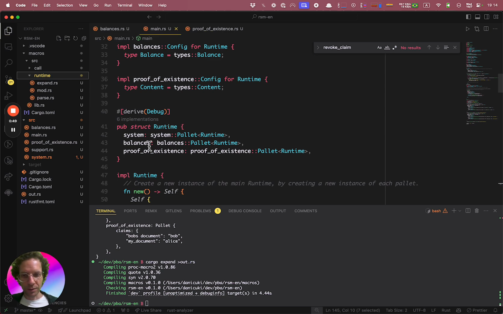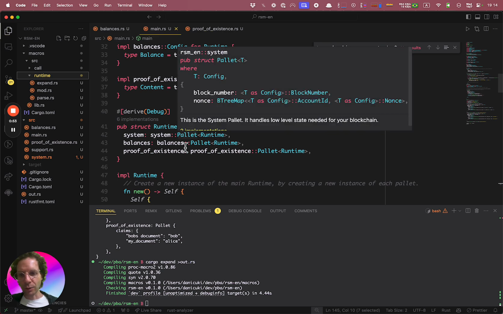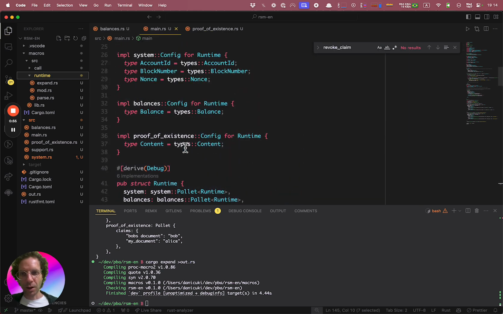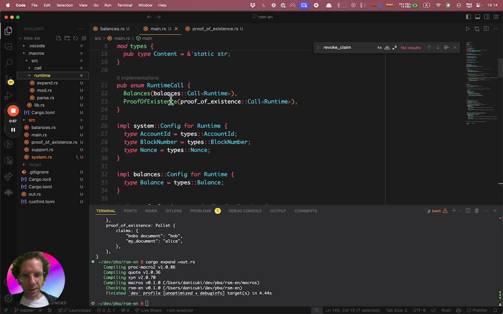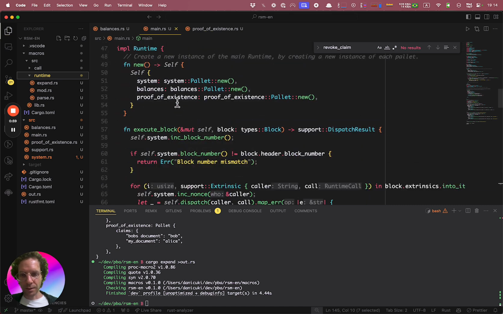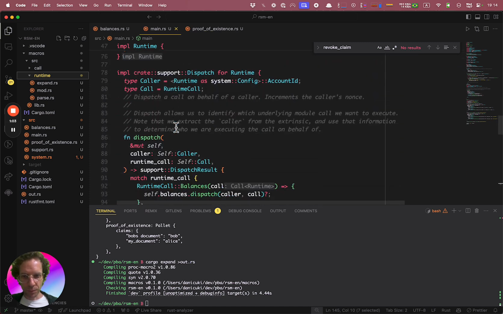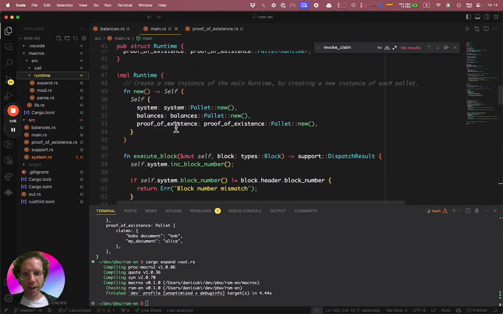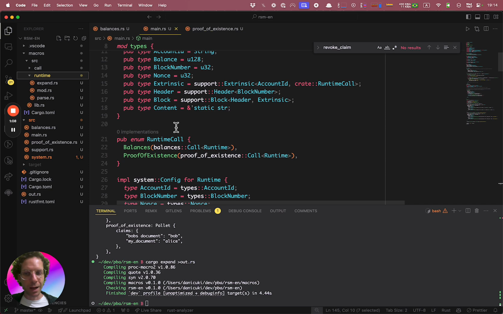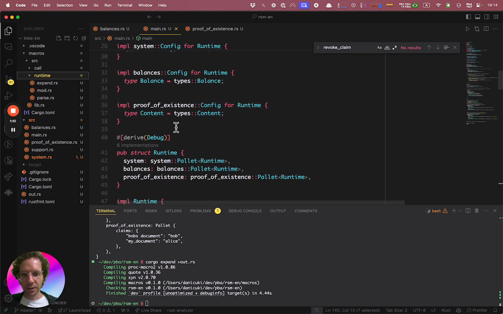So it will iterate over this and look for palettes and automatically generate all the code, the runtime calls, the execute block, and the dispatch, and all this stuff. So we will have to remove all this code because the macro will be generating this for us.